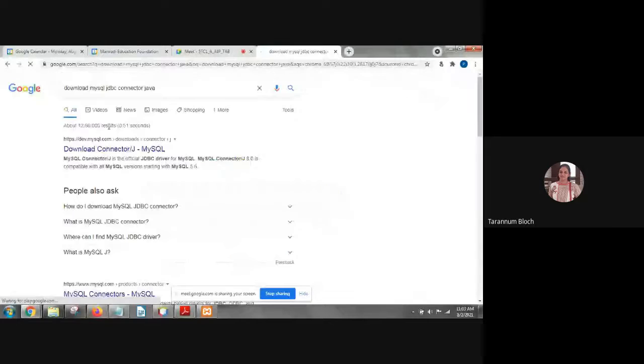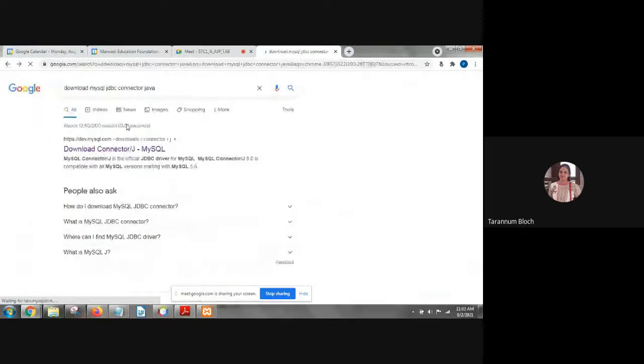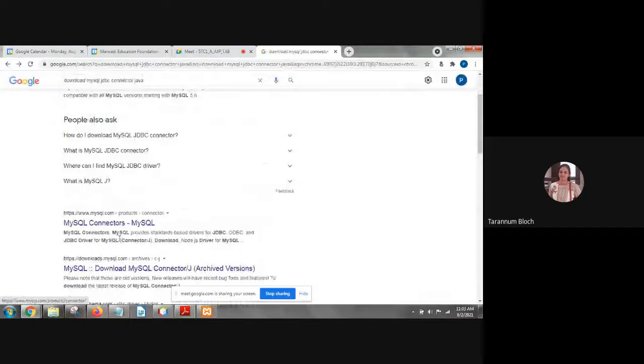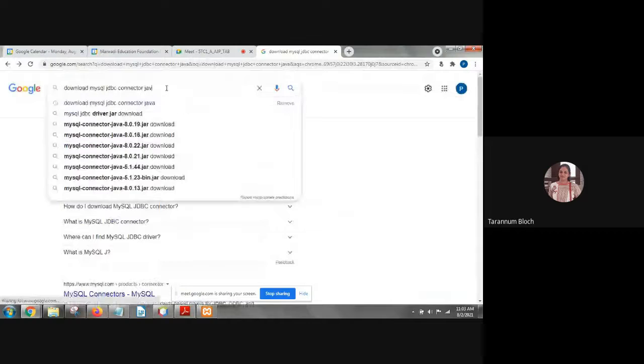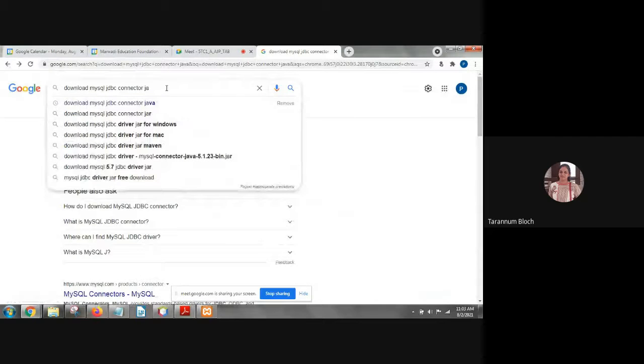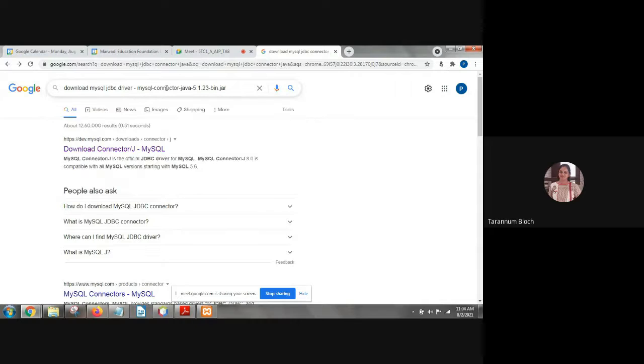Can you see that? Go to the website, not there. Go to the Java site, java2s. Not Connector/J. First, listen carefully. Your voice is lagging, I'm not getting it. Select the bin.jar option down, this one, and press enter.